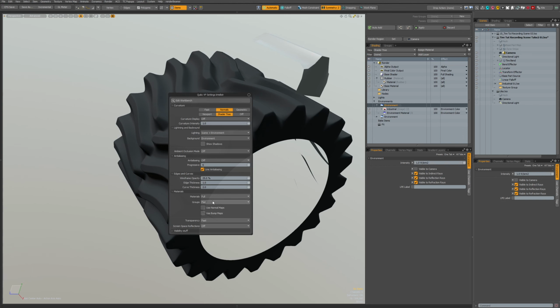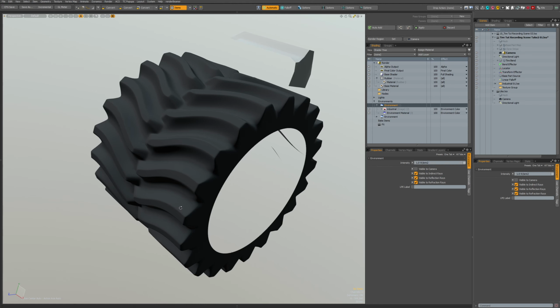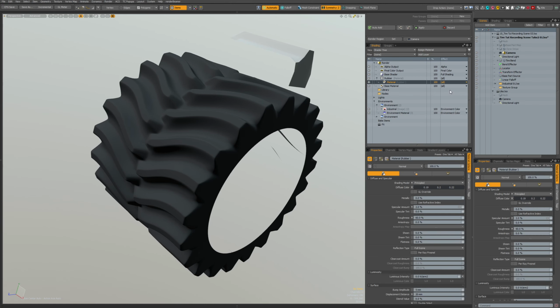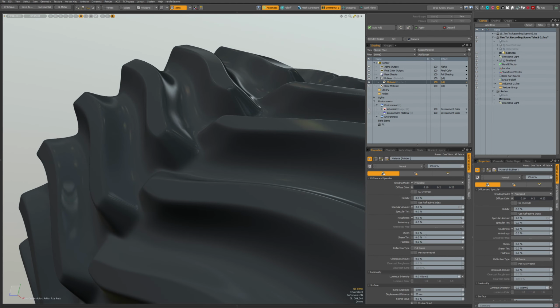Okay, full. This is also slow stuff. So let's see if there's any reflections going on. Yes, there's some nice reflections maybe.